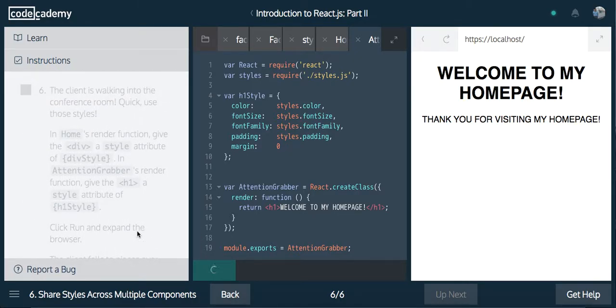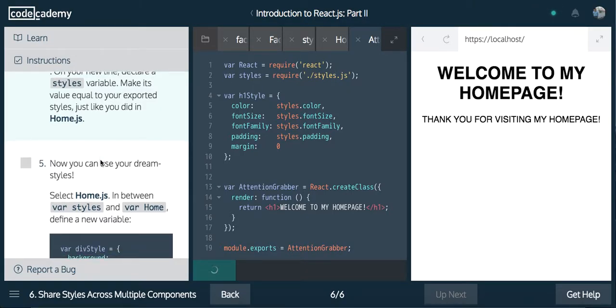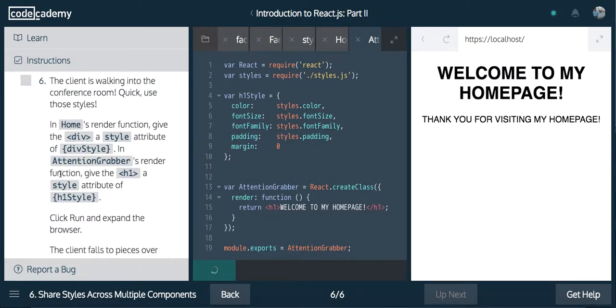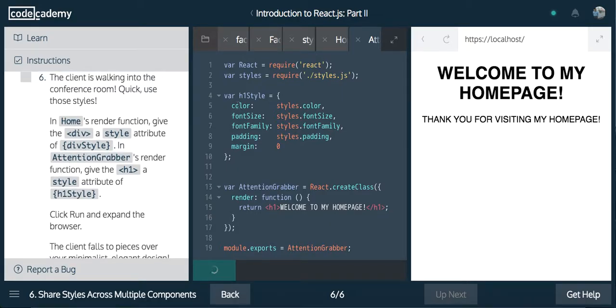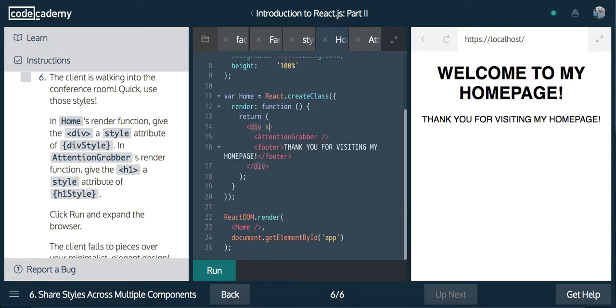So we can just refresh this manually. No, maybe not. Okay, refresh here in a second, and then we'll see if what we did was correct. Okay, cool, that worked. And finally, the client is walking into the conference room. Quick, use those styles. In home's render function, give the div a style attribute. So style attribute of div style,